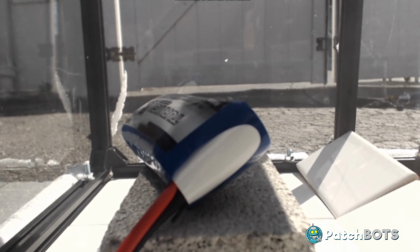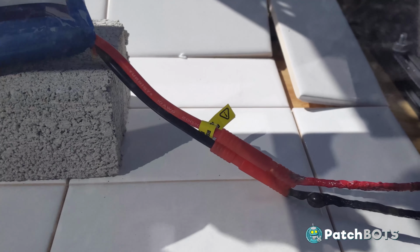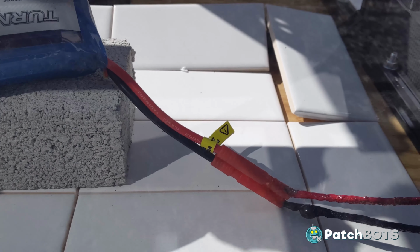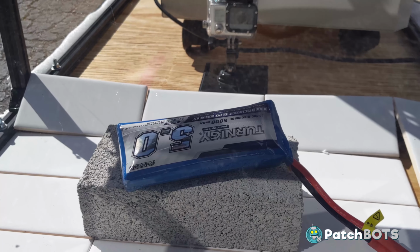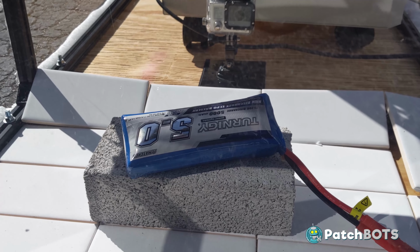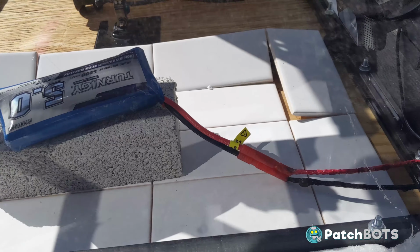Okay, so what we have now here is an extremely puffy battery. I think the same thing happened with the desoldering, only it happened here at the connection of the bullet connectors. So we never actually got to rupture the battery, even though it looks like it's just about to do that all on its own. This actually worked really well. I wish I did the same thing at this end, but...